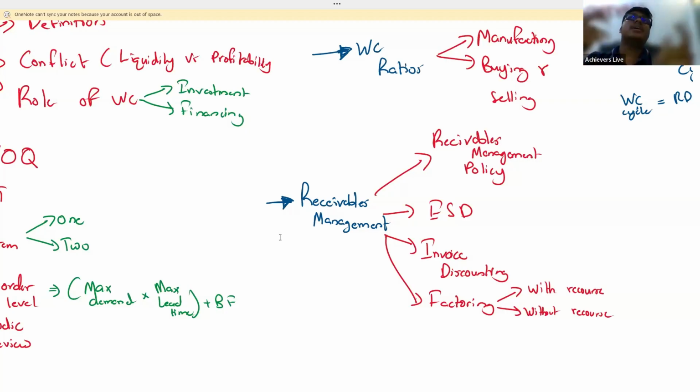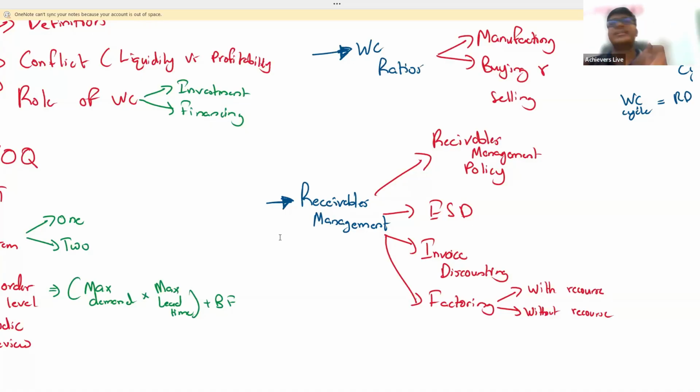So your receivables figure, rather than going to the bank and getting an overdraft, the factor will give you the money. These are the benefits. So in your exams, if you get a factoring question, you have to compare the benefits you are getting with the cost of the factoring agreement, and give the decision. If you are getting a positive benefit, go for the factor. If you are getting a negative loss, you have to reject the factor.